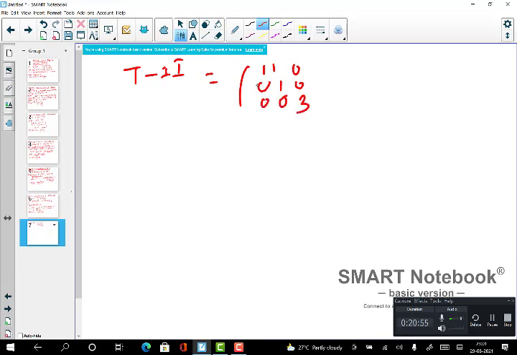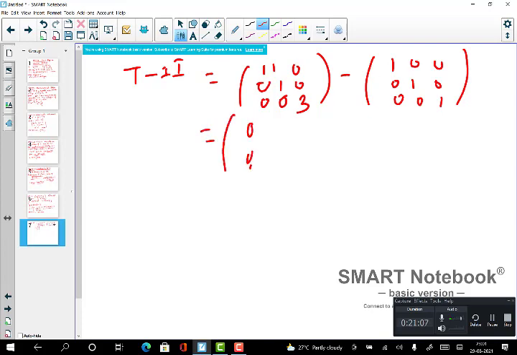And we subtract the identity matrix 1 0 0, 0 1 0, 0 0 1. So this is how it looks: 0 0 0, this minus this is 0 1 0, this minus this is 0 0